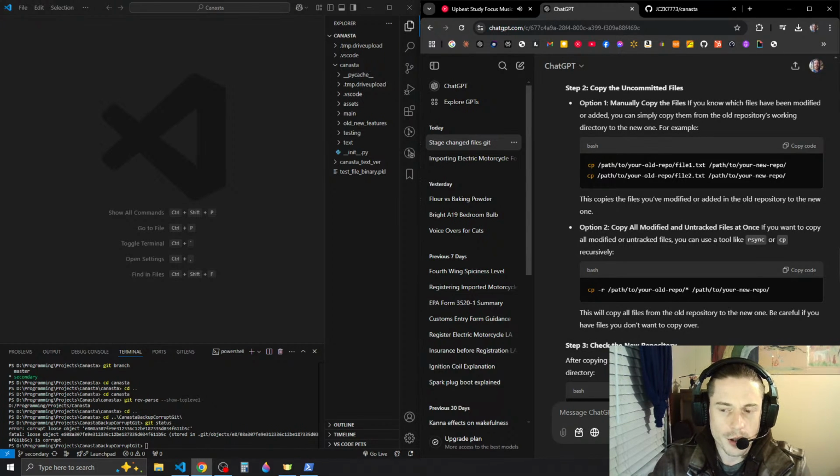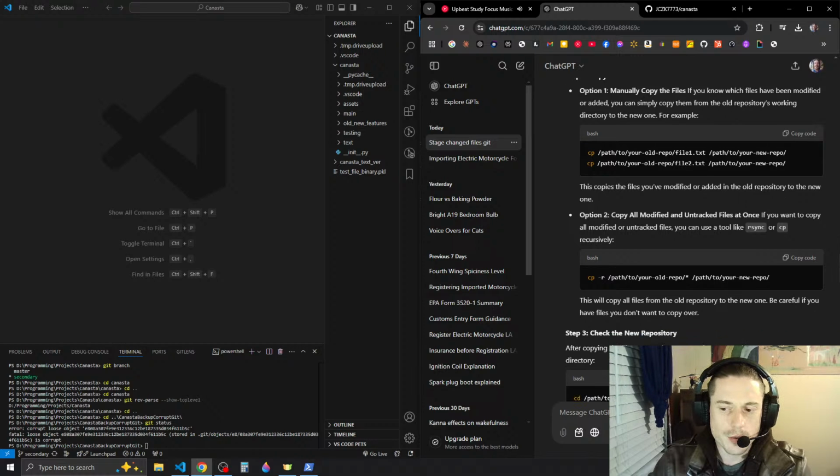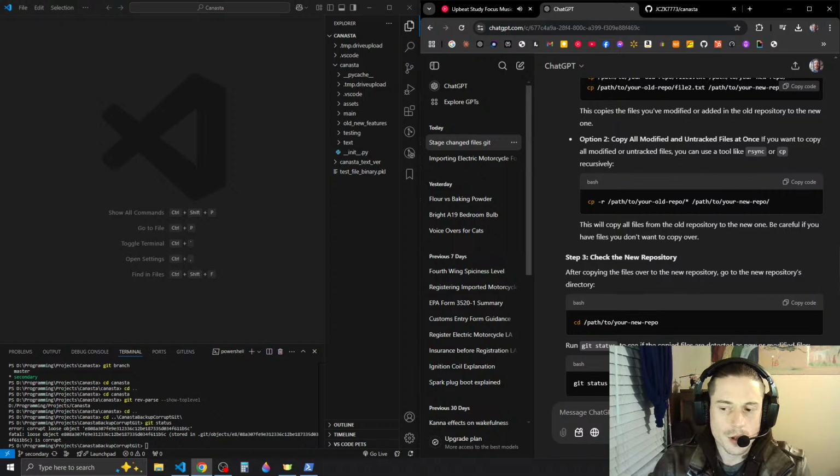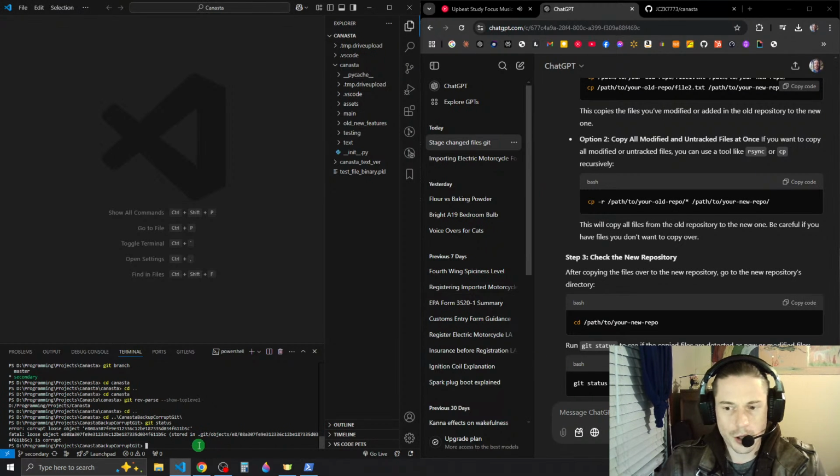After copying the files over to the repository directory, files are detected as new or modified files. So that is what we want to do, I think.